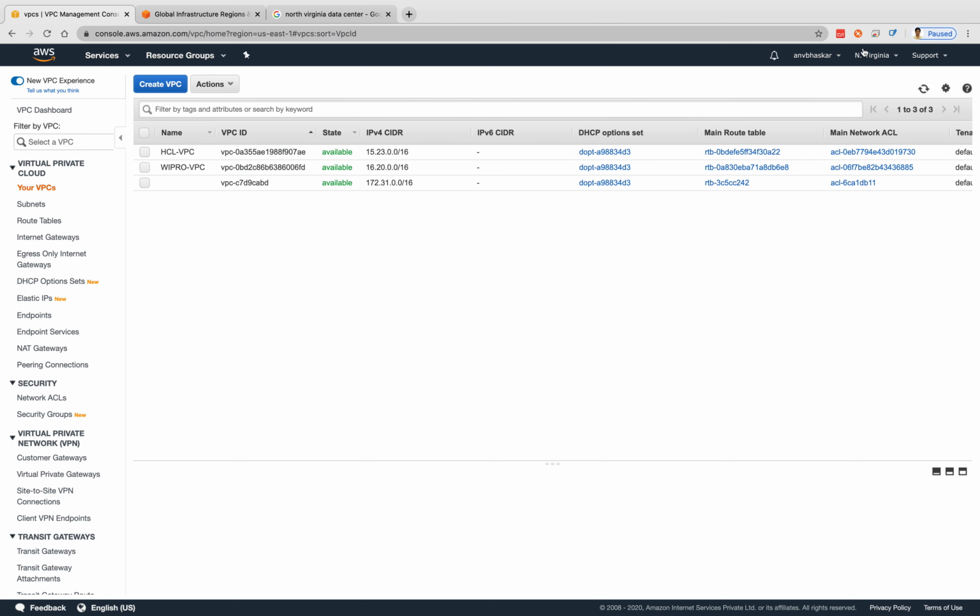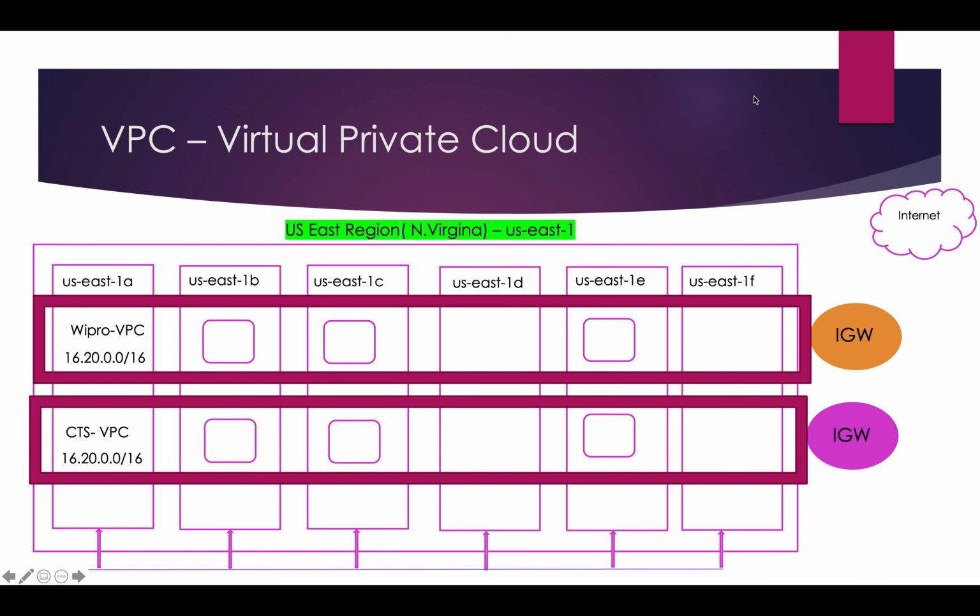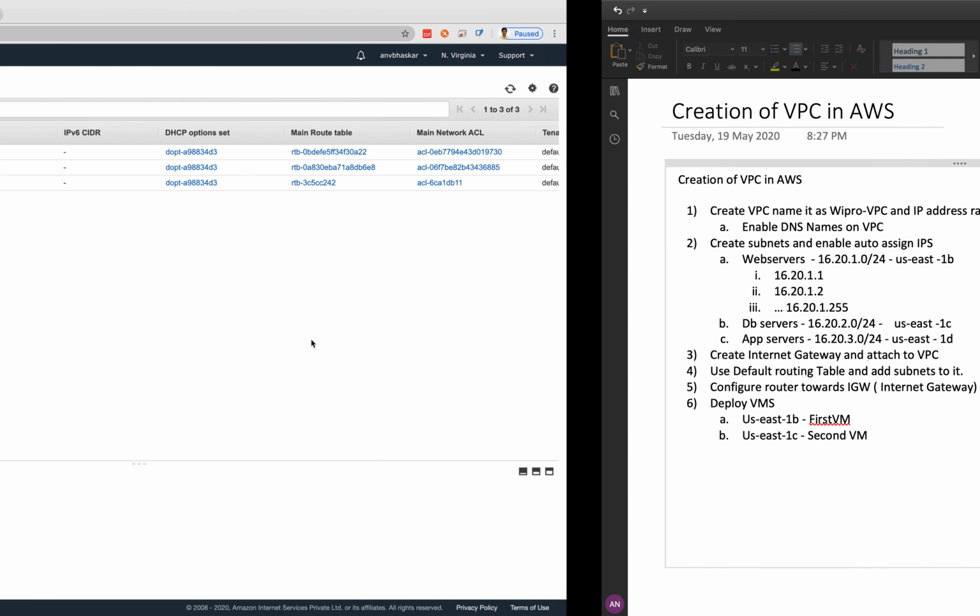In the region-specific view, here you don't have any option to provide an availability zone, right? If you go to the diagram, region specific, I created one VPC. This whole thing, the first step, is done now. I allocated this one also, this is also done. Now the second step is that I need to create subnets.